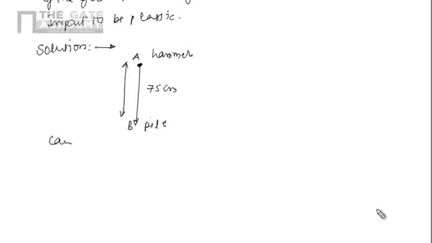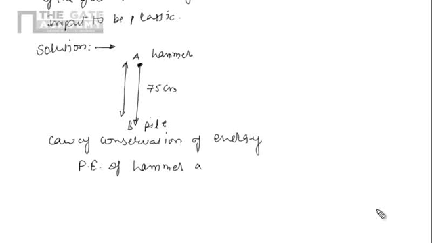So by the law of conservation of energy, potential energy of hammer at A equals kinetic energy of hammer at B. Potential energy of hammer is mgh, and kinetic energy of hammer is